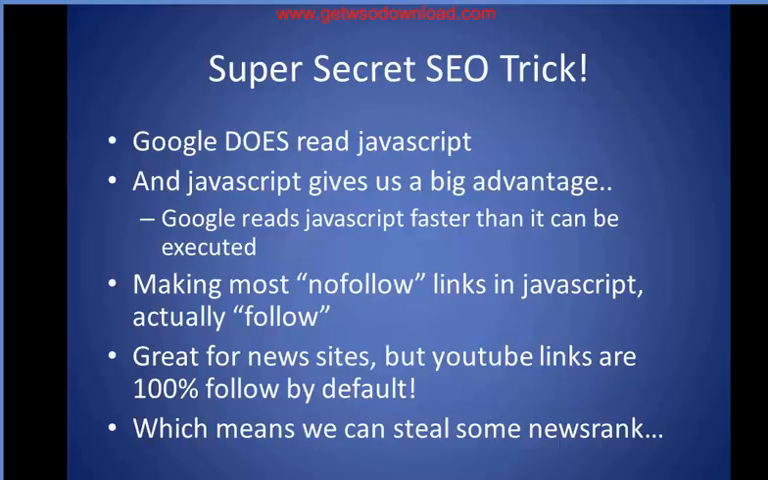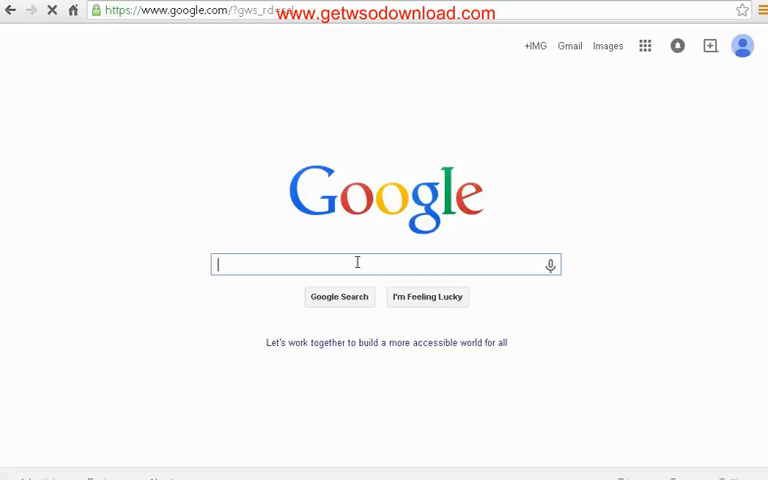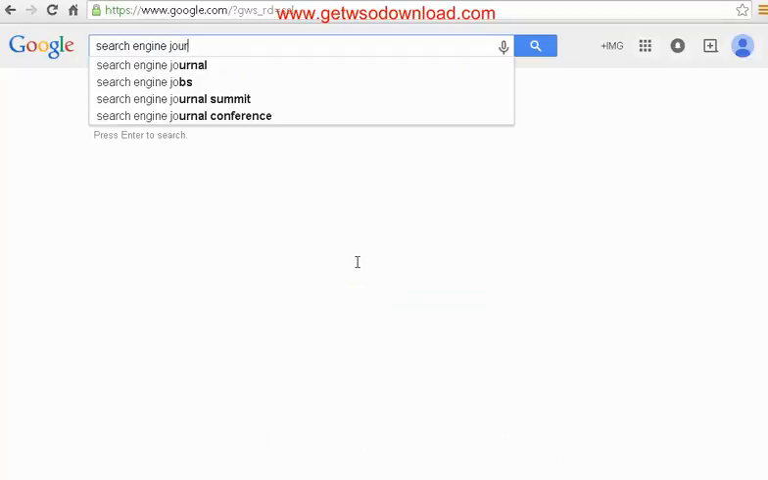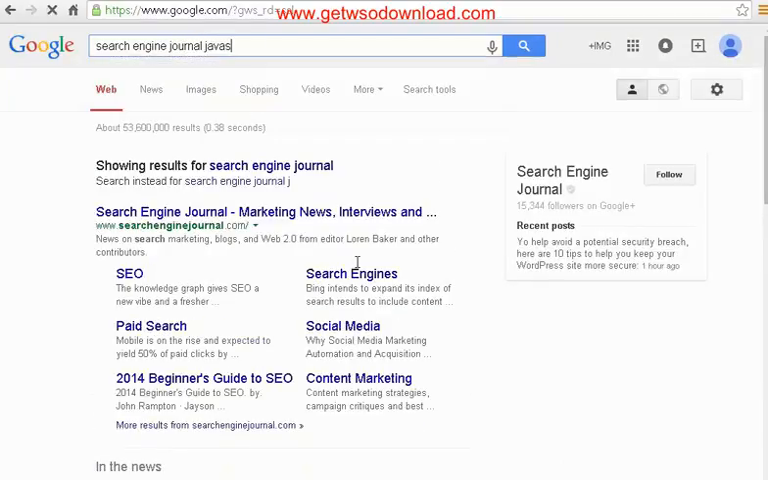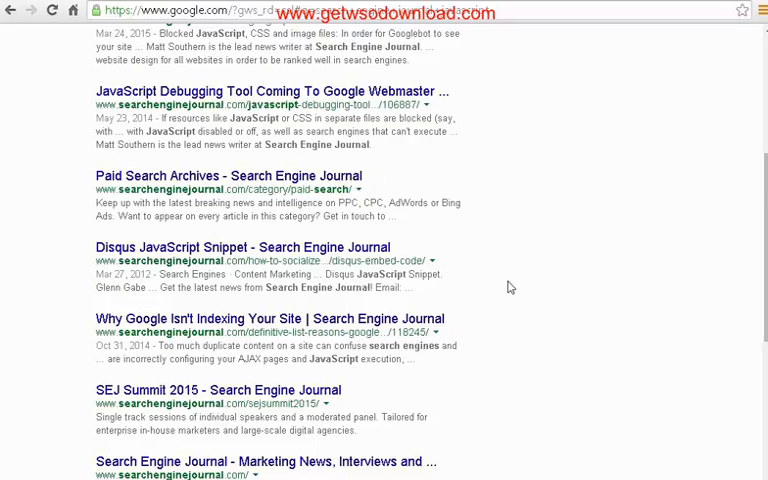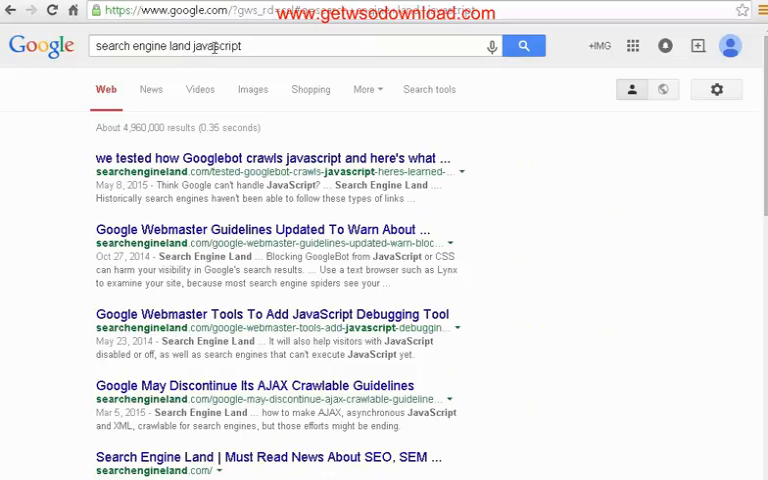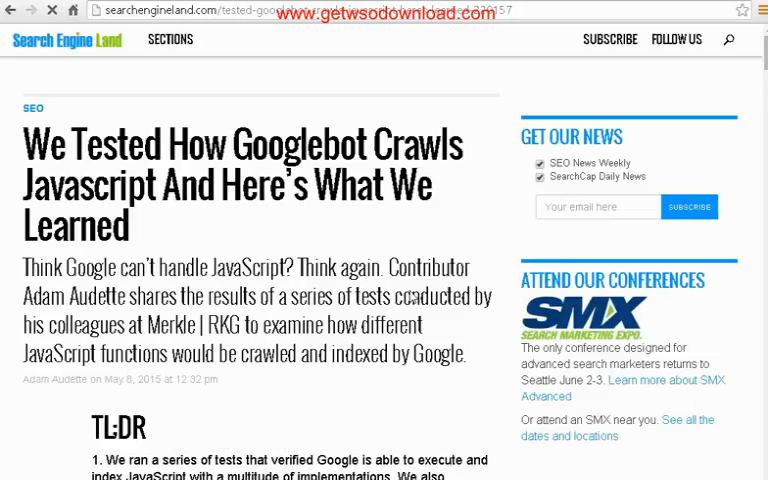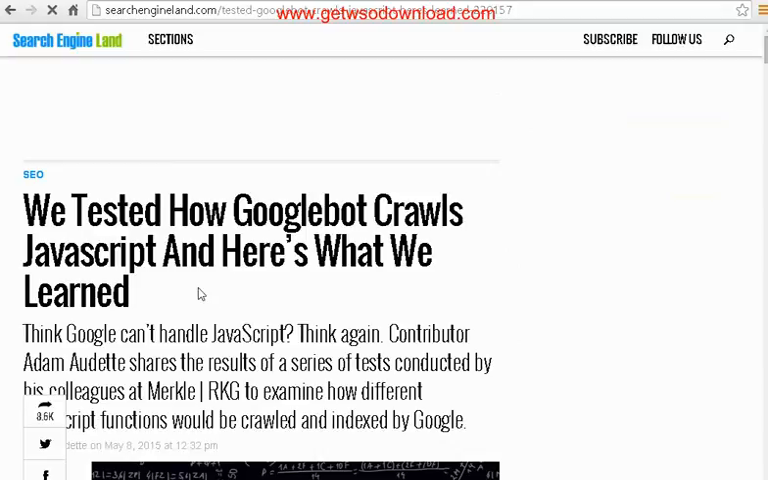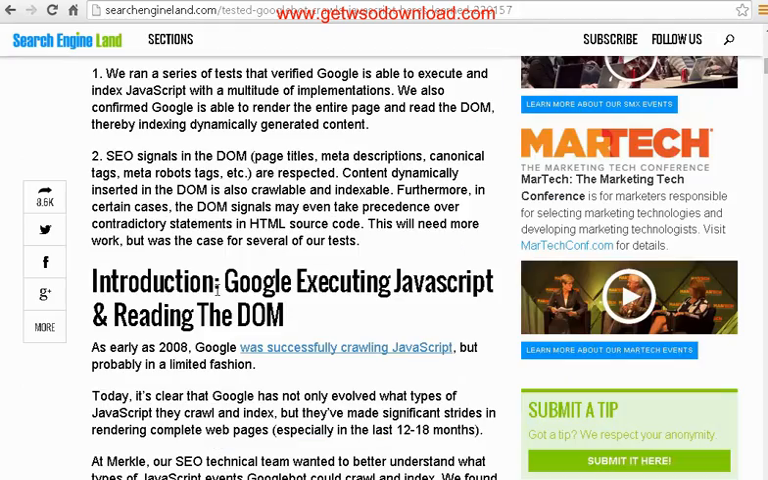In fact, let me show you something real quick. Search Engine Journal did a study on this. Or maybe it was Search Engine Land. Yeah. Search Engine Land did a test not too long ago, actually just this month, to see how Google reads and